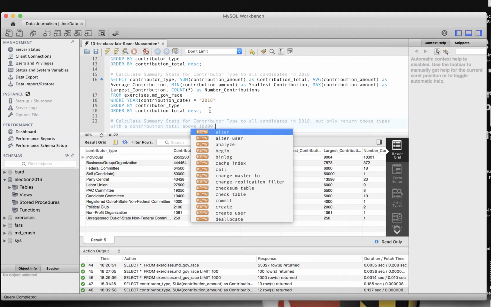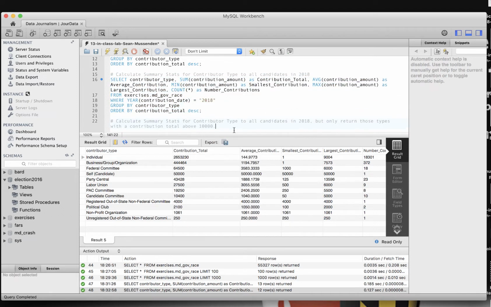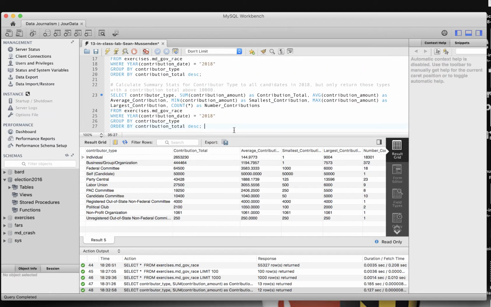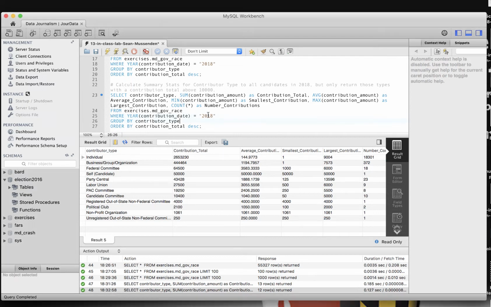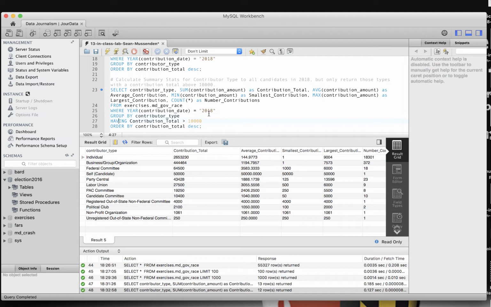Okay, so I'm going to paste that query in, and the only difference is I'm going to add this one line, having, and we're going to put it after the group by. So we're saying having a contribution total greater than 10,000. Okay, so we haven't run the query yet, but right now we have a total of 12 records, and we